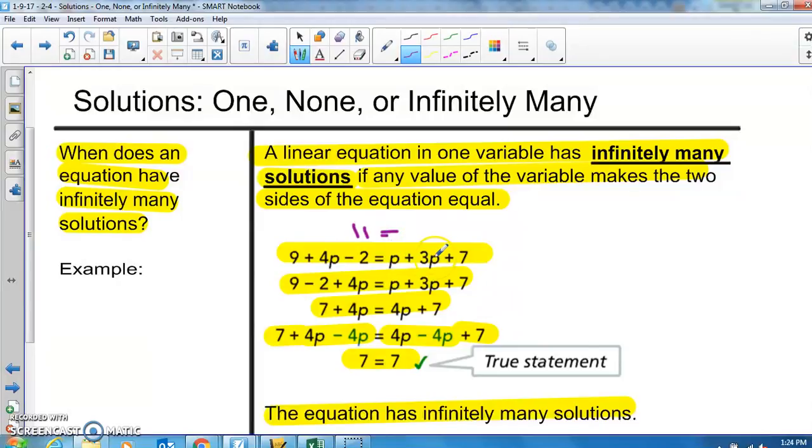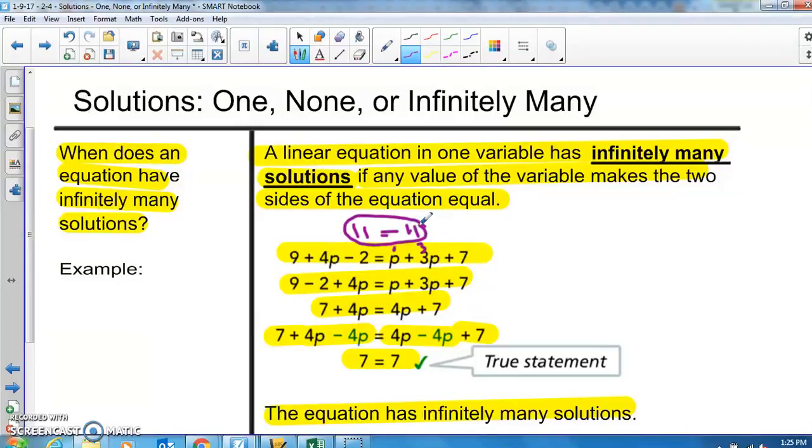P plus 4p, or let me substitute it in first. If I put a 1 here, that gives you 1. 3 times 1 is 3. 3 plus 1 is 4. 4 plus 7 is 11. So that would give me 11 equals 11, which is a true statement, which means